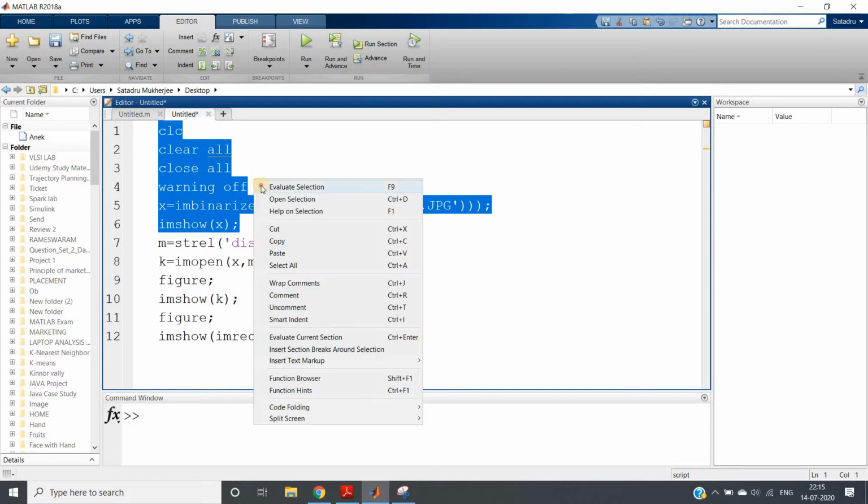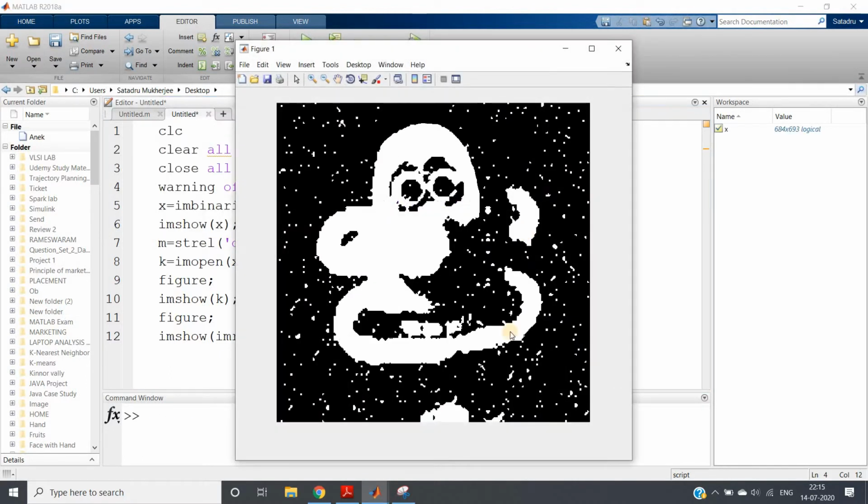Let me show you one image. This particular image may be familiar to many of you. I hope you have seen this in childhood cartoon times. Now you can see there is a lot of salt noise present. To process this kind of image, we generally apply erosion with some structuring element. We choose it such that the small salt noise will not fit on that structuring element, but the bigger object will fit, and that satisfies our requirement.